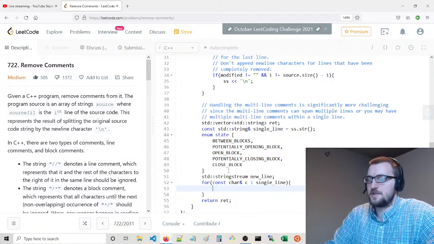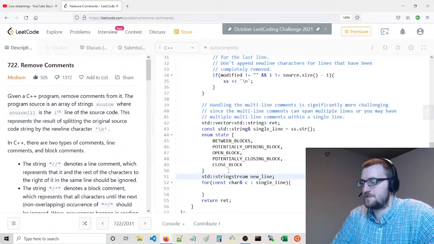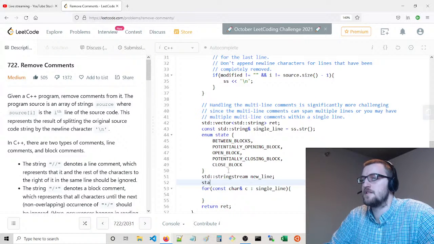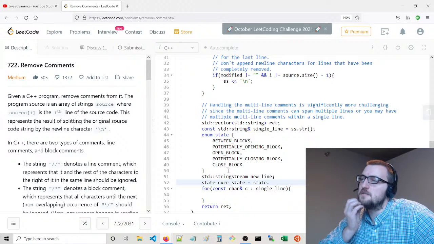Okay, so first, State current state, or just current state, is initially going to be State.between blocks.